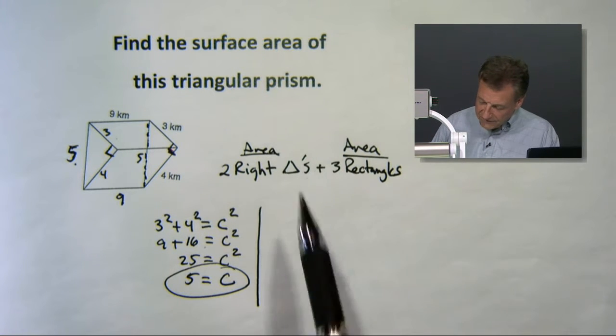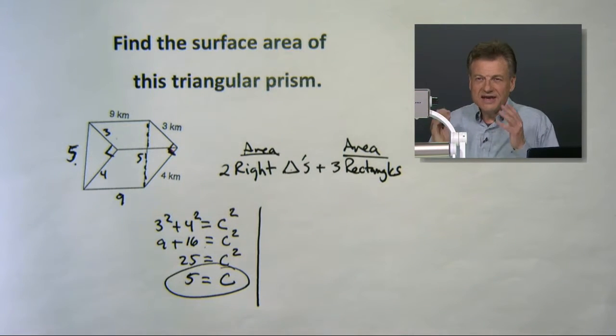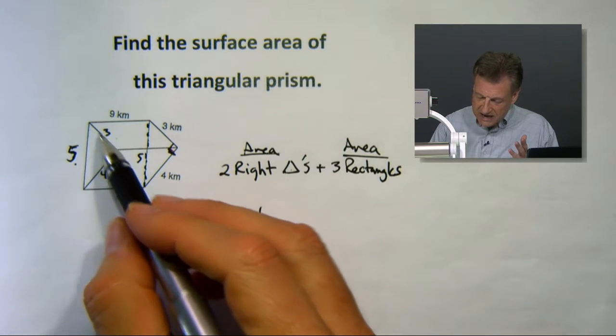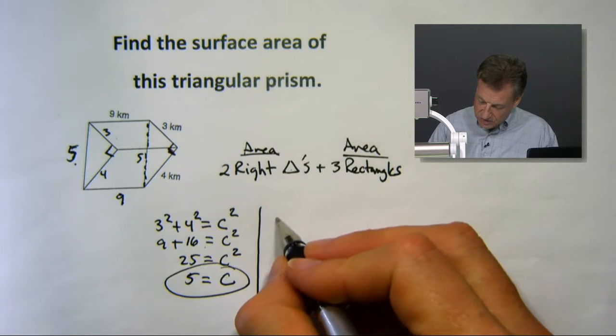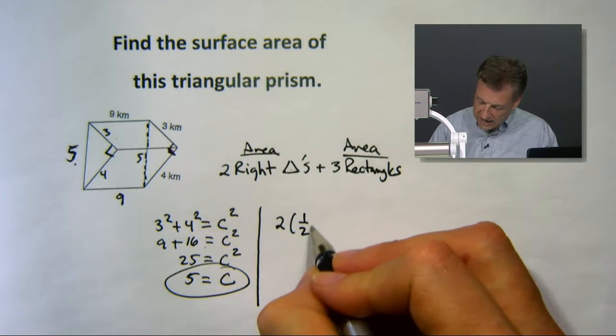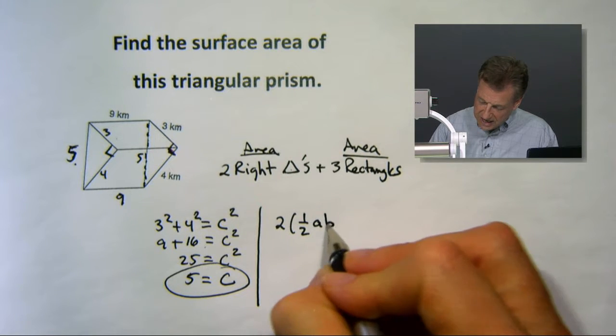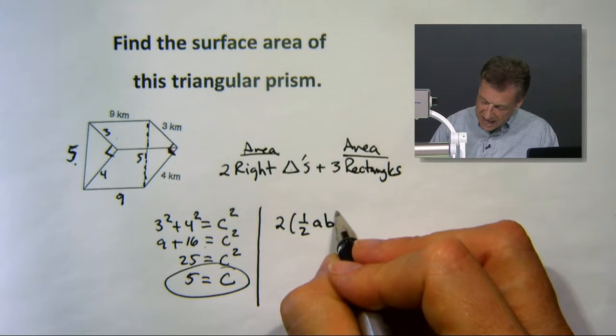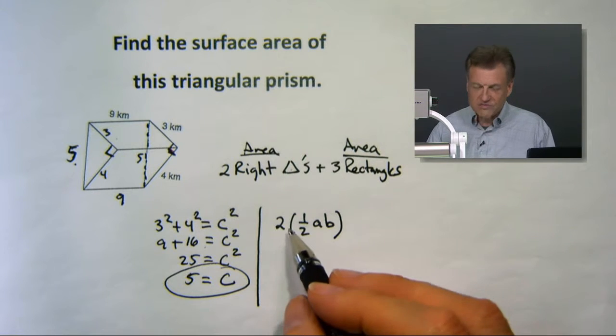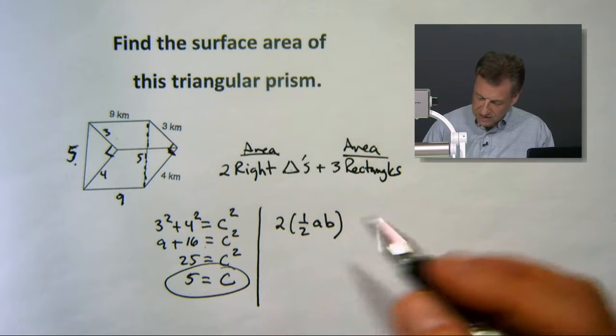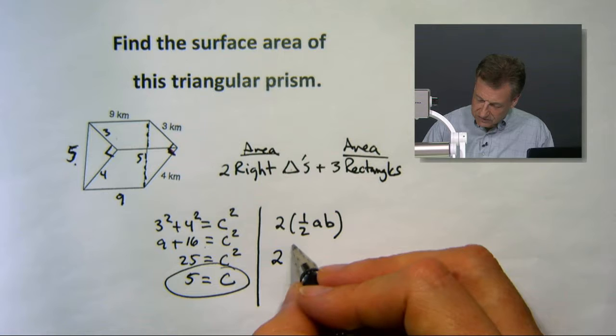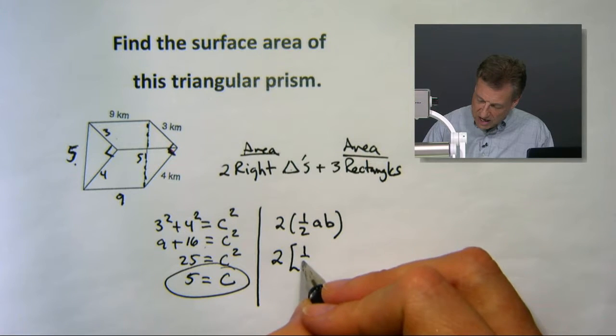So we have, first of all, 2 right triangles. The area, how we do that, we take 1/2 base height, all right? So we're going to say 2 times, and we're going to put a 1/2, and I'm going to use A and B, altitude base or base height, however you want to look at it. And there are 2 of those. They're the exact same story. So let's put a 2,